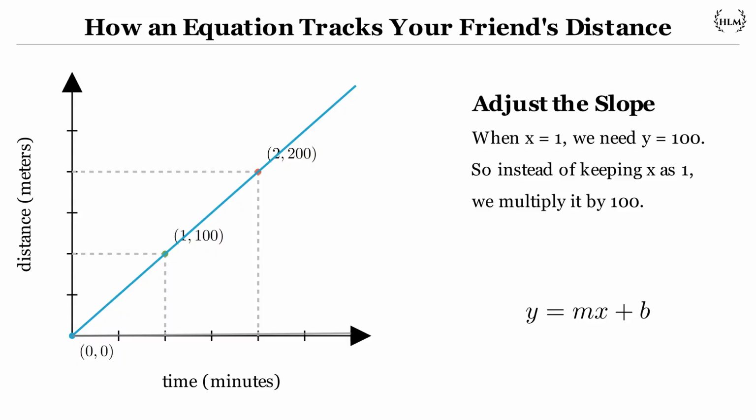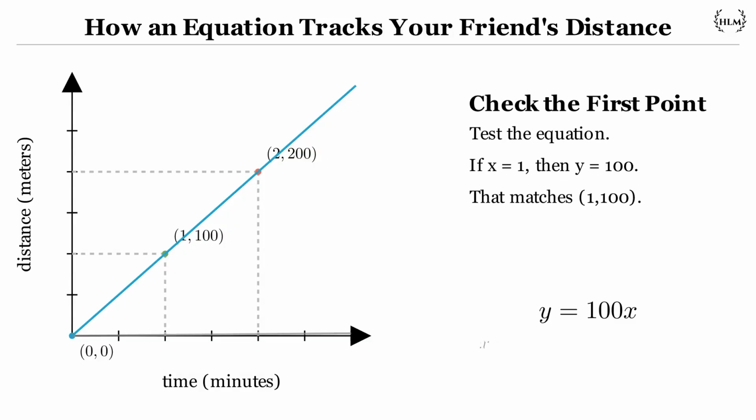So when the x is 1, we need the y to be 100. Right now, the previous equation, if we use y equals x, when the x is 1, y is 1. So then what can we do to our x value so that it becomes 100 instead of 1? We can simply multiply by 100. So our equation actually becomes